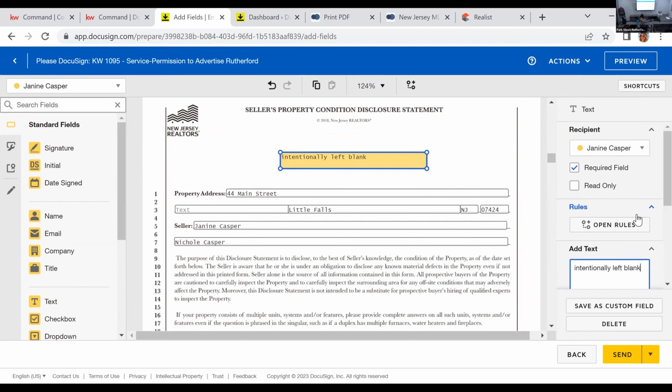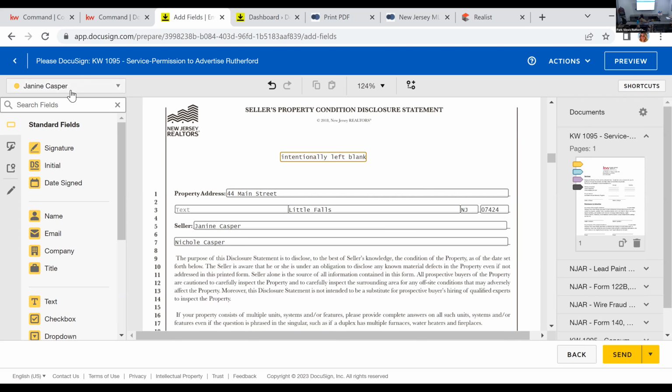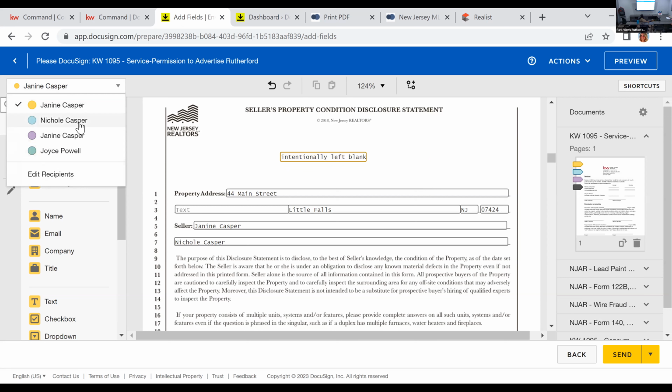Left blank. You're going to uncheck the required, so nobody's forced to sign it. Actually, I made the spots a little too big. I'm going to shrink it back now. And then I'm going to go over to my